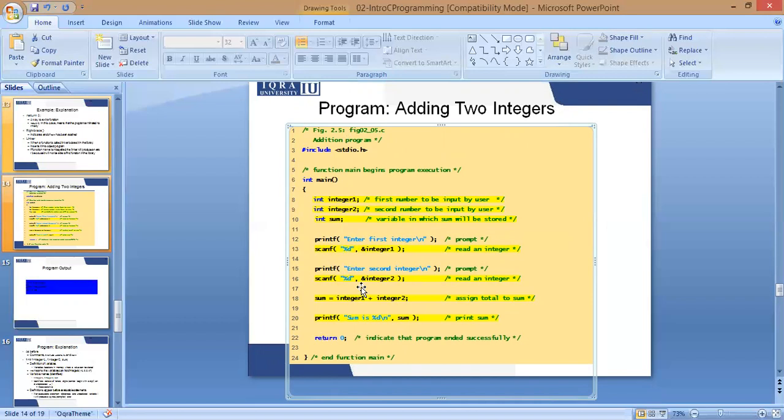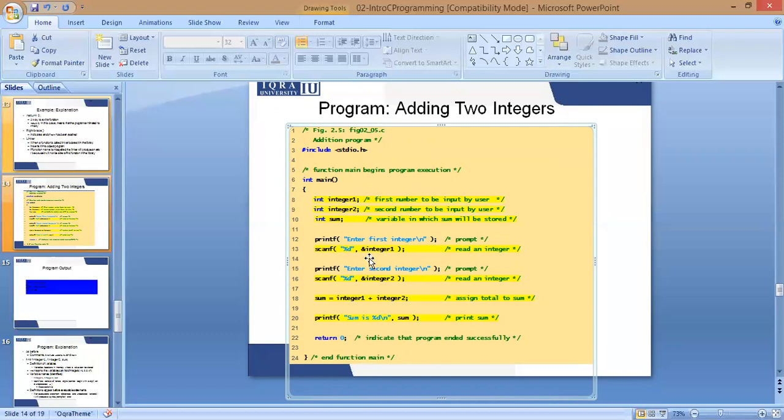If I, being the user, give 2.4 over here, the compiler will not accept it. If I give ABC over here, the compiler will never accept it because it says %d. %d is used for integer. %c will be used for character and %f will be used for float.